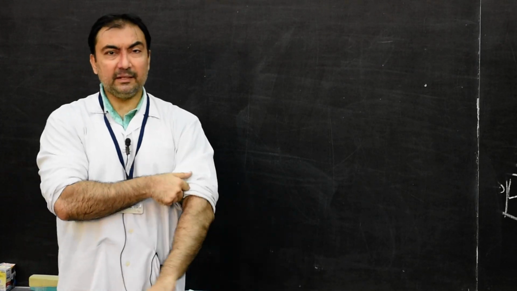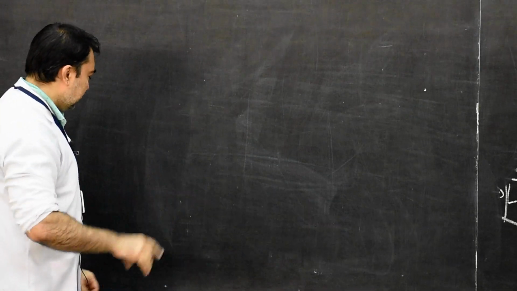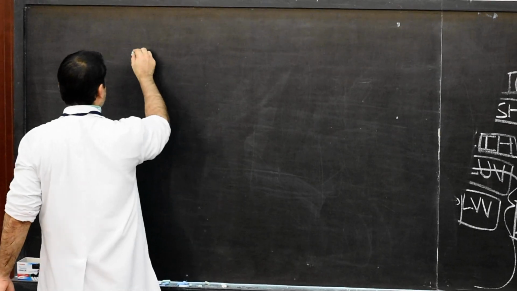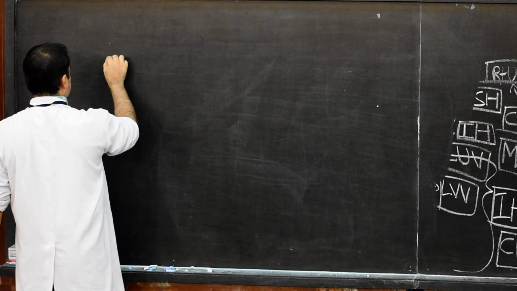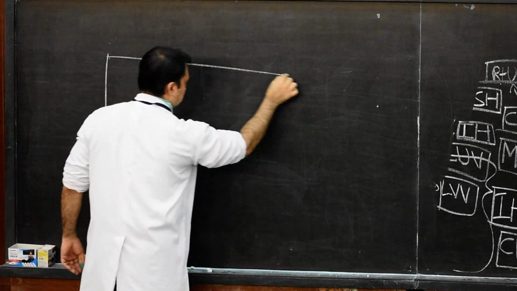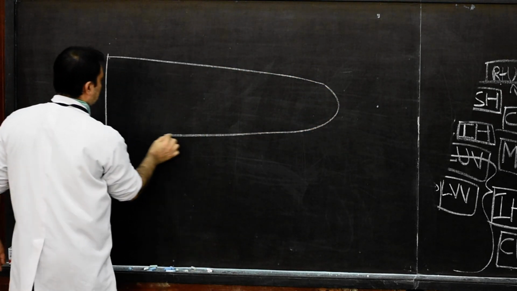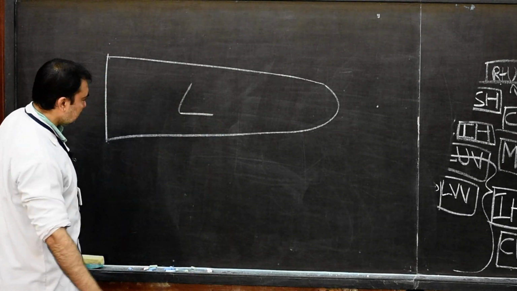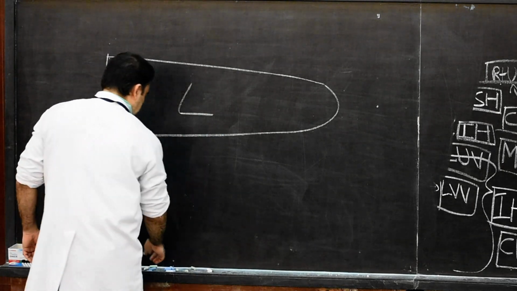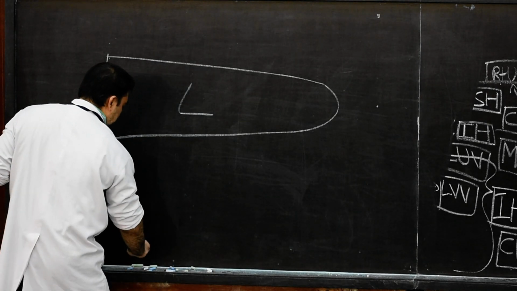So now we come to the intrahepatic segment. In the intrahepatic segment, the first structure that you draw is the liver. We will draw it here, using this much space. This will be the liver. Now we draw here the portal vein, which we have developed in the